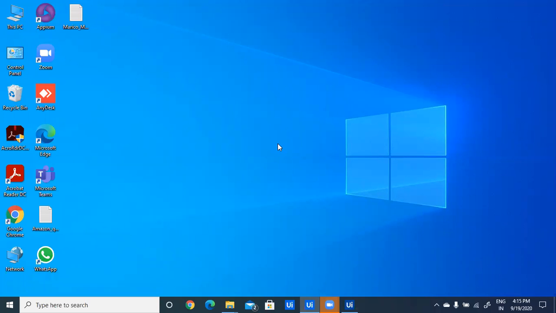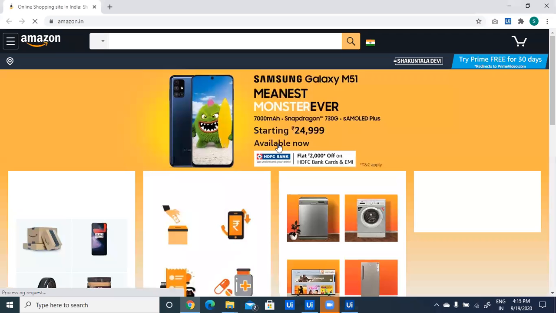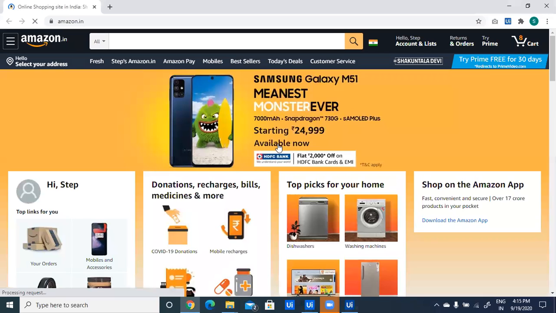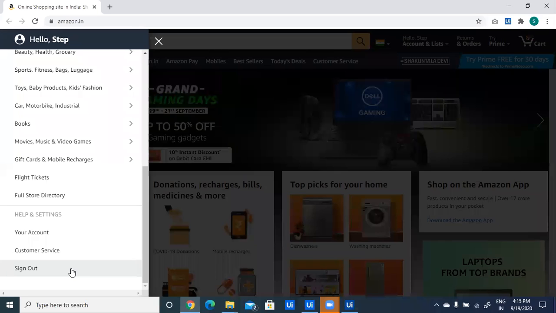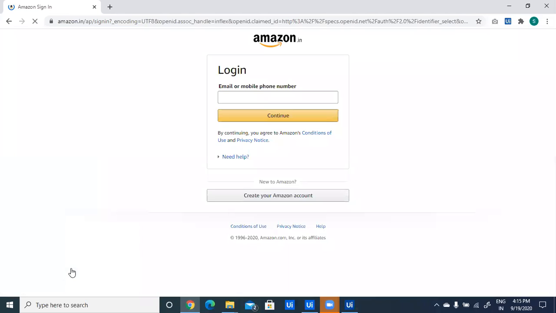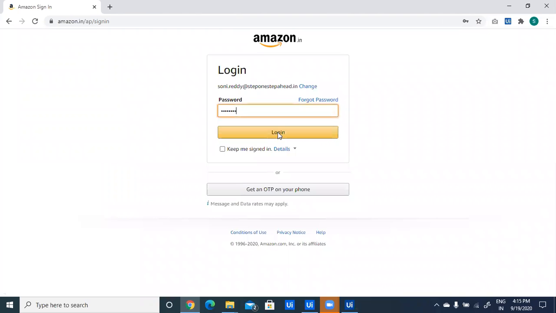So it has killed the process. Open Amazon browser. So now this execution is from reading the data from the Excel file. Previously, I have run that with a hard-coded value. Now we are getting data from the Excel file. Now again click on that. Click on sign out button. Then it will enter the email ID, this data which is coming from the Excel file, password, and click on login.